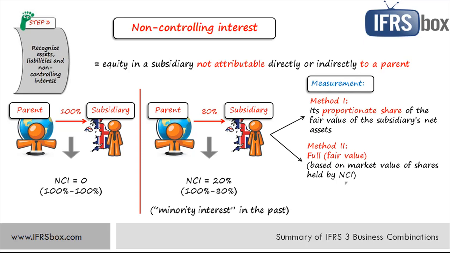Method 2 affects goodwill, by the way, because under the fair value method, you're showing that non-controlling interest owns a part of that goodwill too. Well, if you'd like to revise the short illustrative example with numbers, please refer to